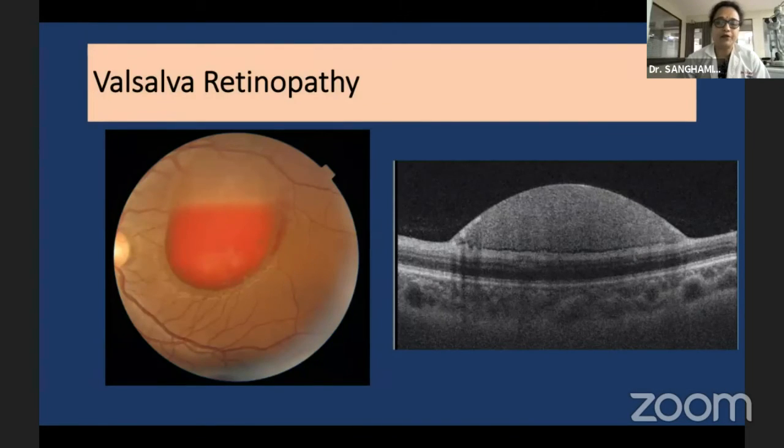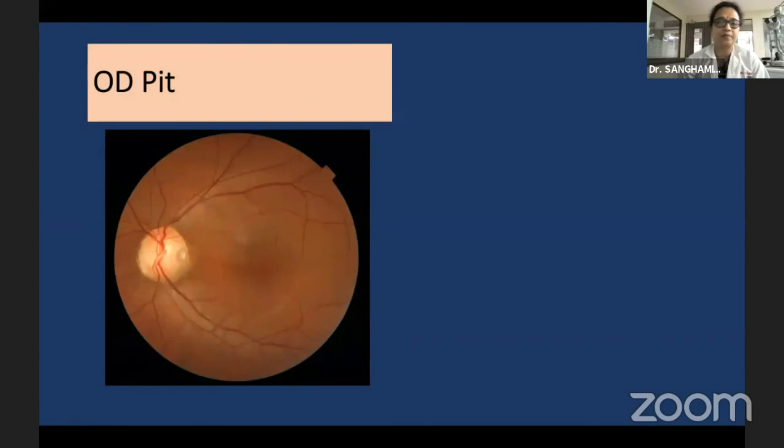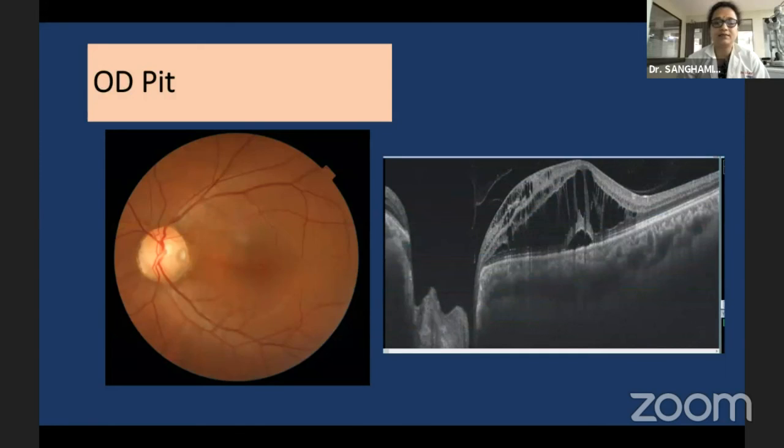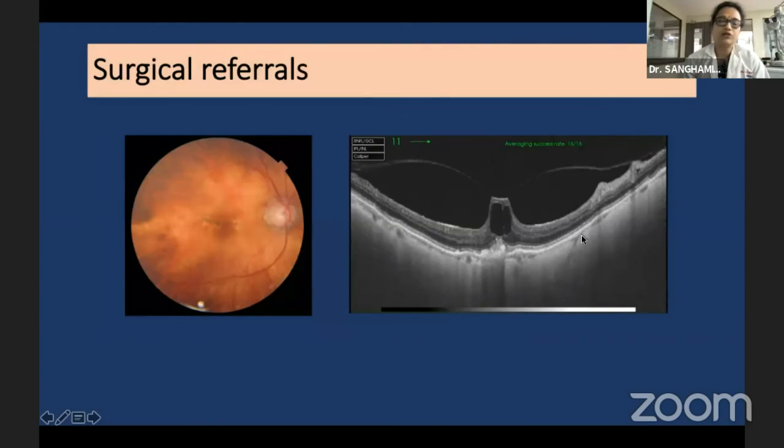In case of Valsalva retinopathy, it tells us that the blood is just beneath the ILM. Therefore, a prick or the laser will dislodge the blood and then the patient improves in vision. Optic disc pit, it tells us now there is a pit over here with retinoschisis and fluid and foveal detachment. It also helps us in surgical referral. Supposing in this patient, while doing a 78D, we might not have been able to pinpoint this, but with OCT, it becomes quite clear and we can refer this patient early.